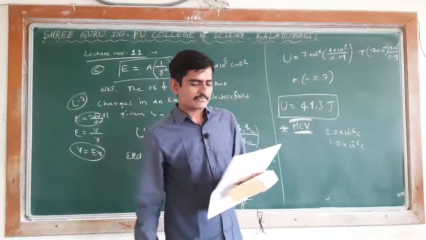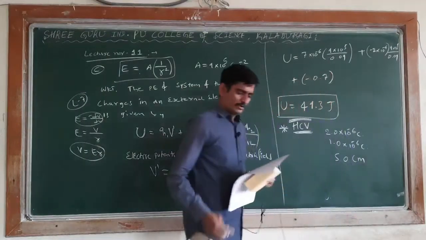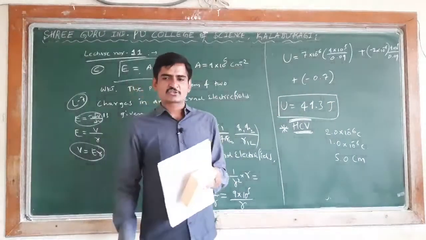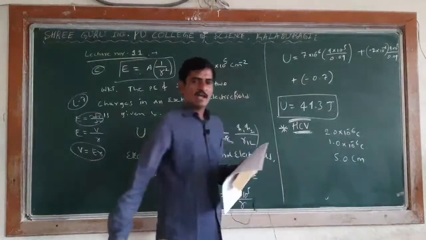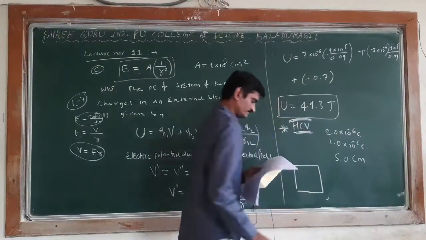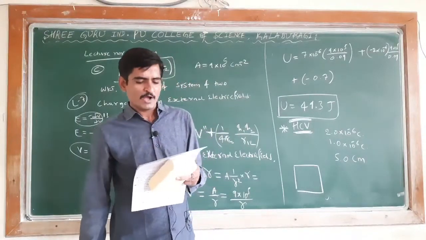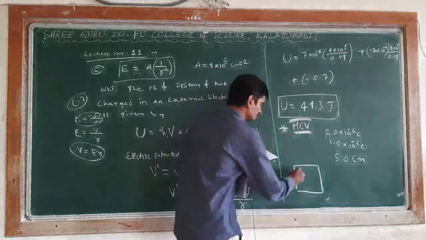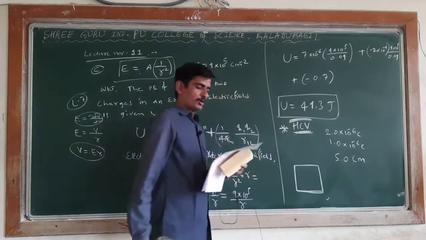Side of the square is 5.0 centimeter, as shown in the figure. The figure is given, I will draw the figure. As shown in the figure, how much work will be done